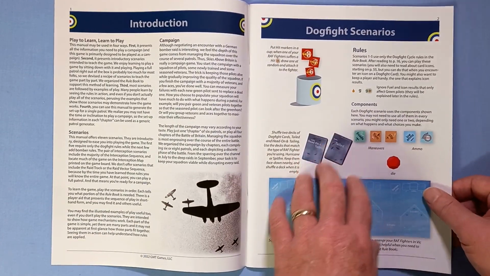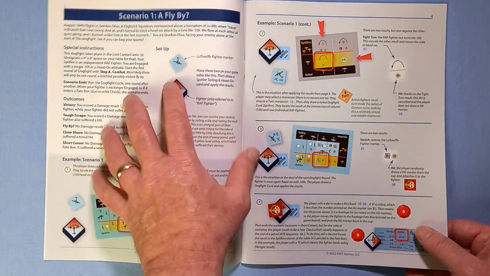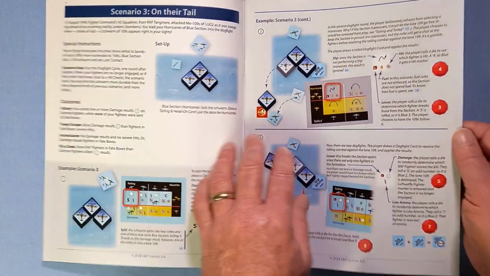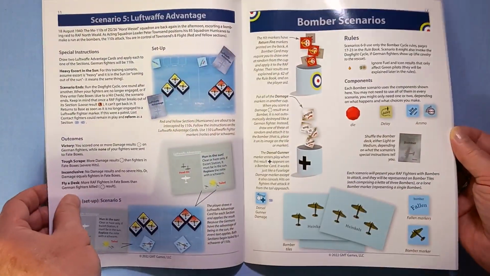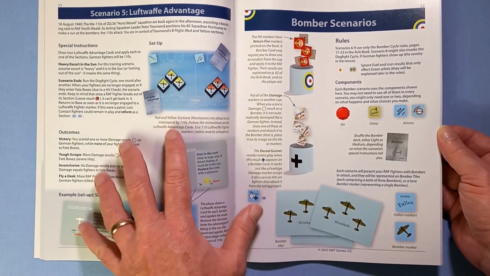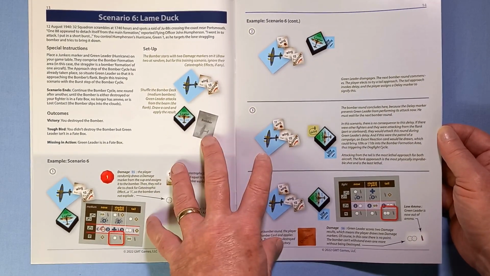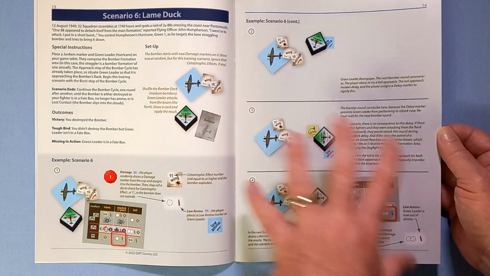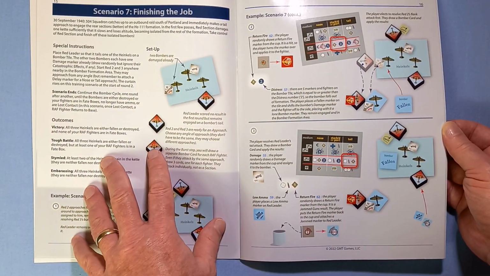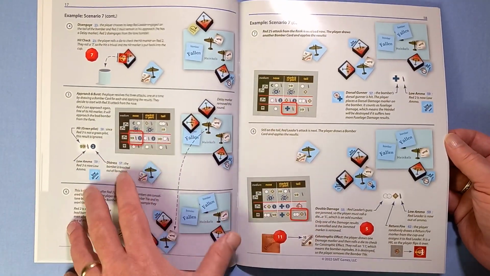So here we are, dogfight scenarios. Again, we won't go through it in too much detail because I don't know what's going on yet. Here we go, scenario 1, flyby. Scenario 2 and so on. So we'll whiz through these. But this is what I love about this series of games, and indeed Jerry's other games, the way he teaches you the game, fantastic. And Gina's input has been incredible,